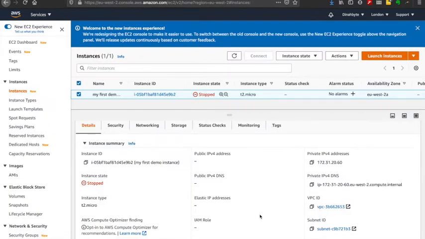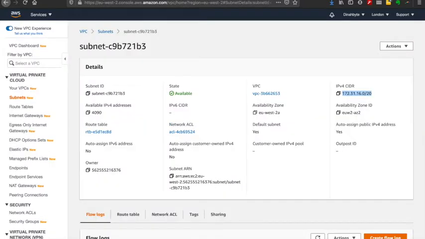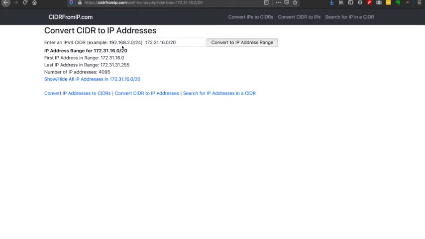If I bring that up, it pops up in a tab here on the virtual private cloud, the VPC, and you'll see that this subnet is within this virtual private cloud, and you can see the range of addresses that are covered by that subnet. If you bring up a simple tool that will show you the IP addresses that are available for this range, you'll see here it says